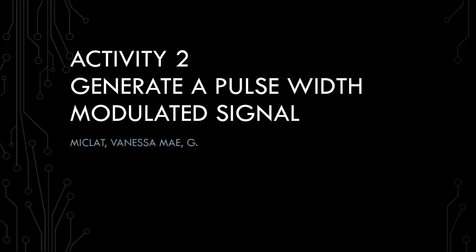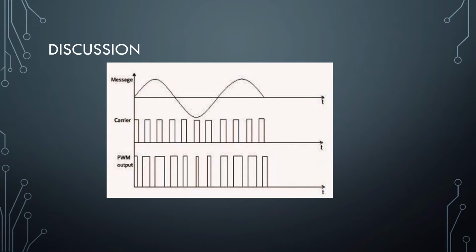This presentation is about activity 2, generate a pulse width modulating signal, presented by Panasonic. For the discussion, this first waveform is the modulating signal. The square waveform is the carrier signal or the sampling waveform, and the last waveform is about the pulse width